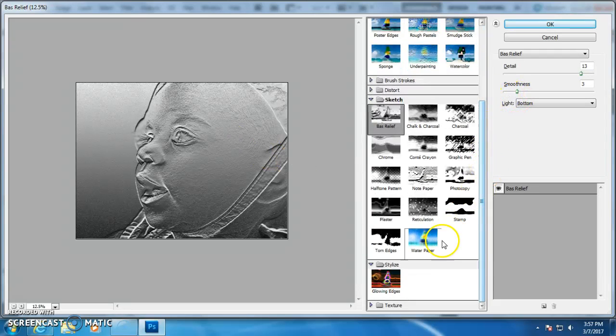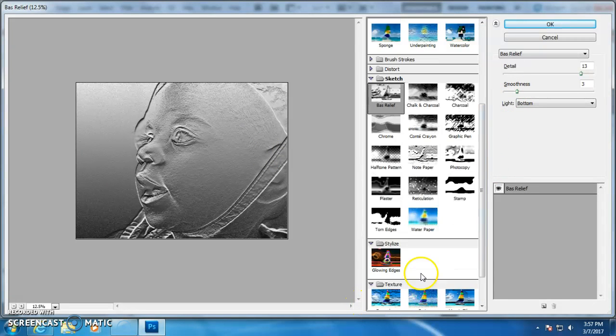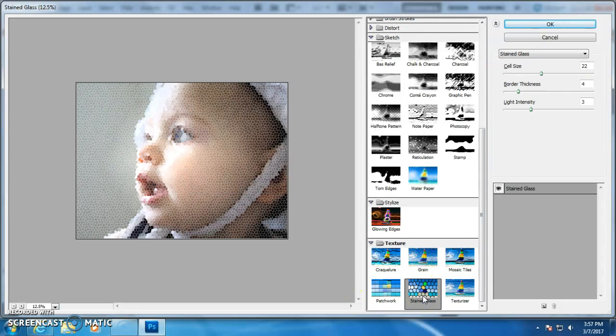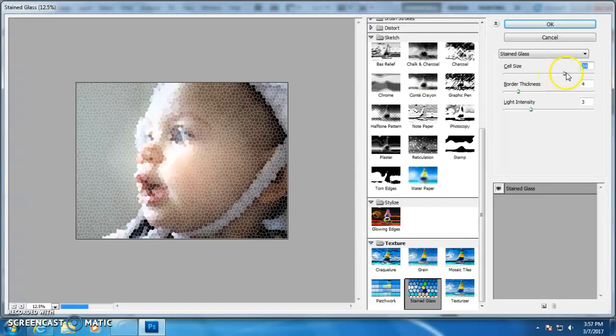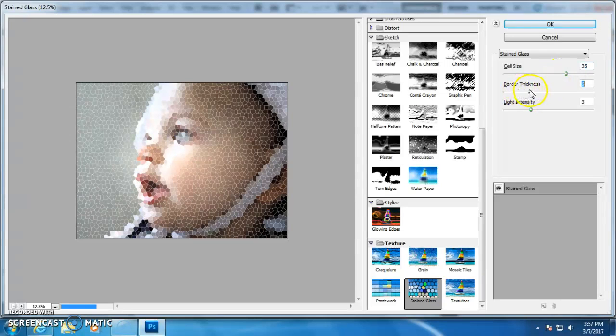And again, there's so many different ones in here. You can literally do this all day and just keep playing around with these. I like the stained glass one. It kind of looks like a mosaic. And I can increase the cell size so it would be bigger, increase the border thickness so that white line around it would be a little bit thicker, and play around with